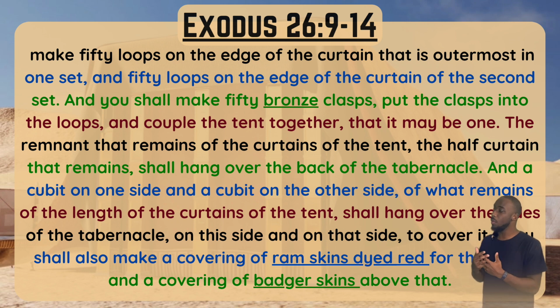The remnant that remains of the curtains of the tent, the half curtain that remains, shall hang over the back of the tabernacle, and a cubit on one side and a cubit on the other side of what remains of the length of the curtains of the tent shall hang over the sides of the tabernacle, on this side and on that side to cover it. You shall also make a covering of ram's skin dyed red for the tent, and a covering of badger skins